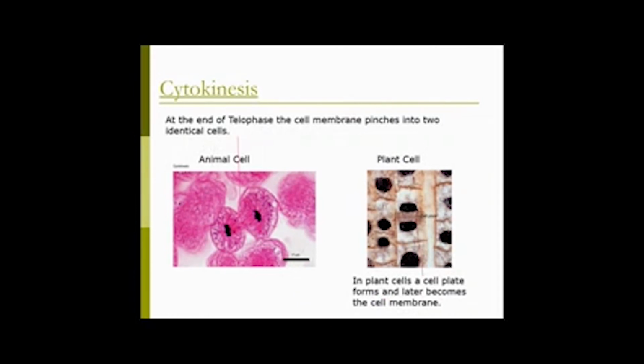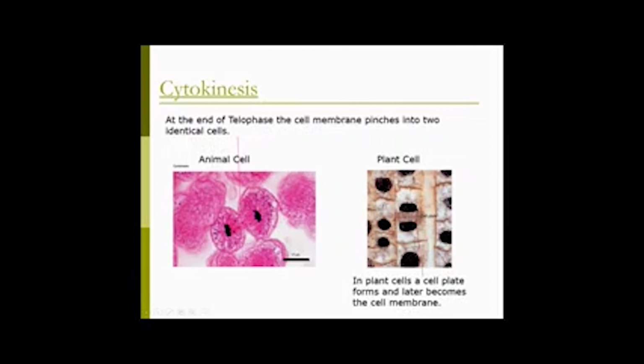And the next part, which some scientists would say is part of mitosis, but it's not listed as a part of mitosis, but I would be fine if you add it. This is why we got to call it IPMAT-K. The C for cytokinesis is when the cell actually splits into two. So the nucleus is already formed, the DNA is already back into chromatin in here, but now it splits into two.